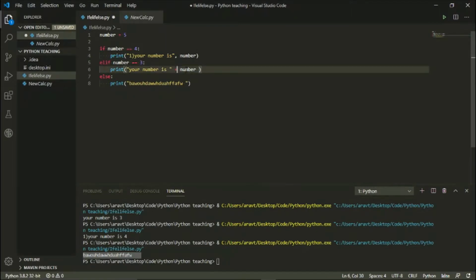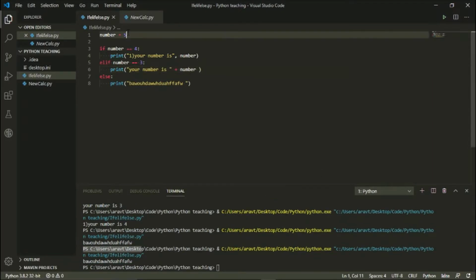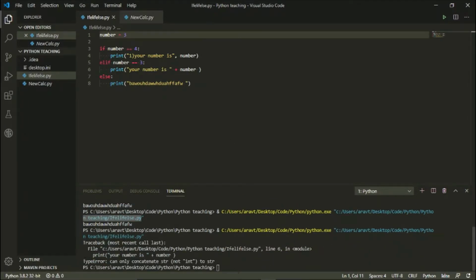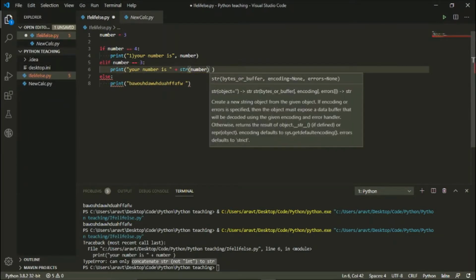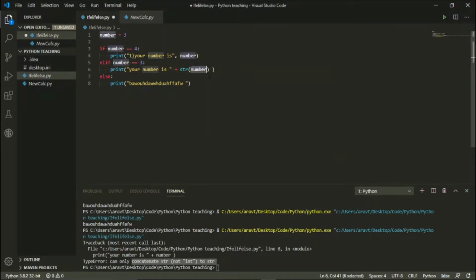Now with the plus sign, it's a little bit different, and forgot we have to change this variable. Over here we see that there is an error because a string cannot be concatenated with an integer value, so we have to have the string method, we have to have number in the string method. So yep, now imagine we have